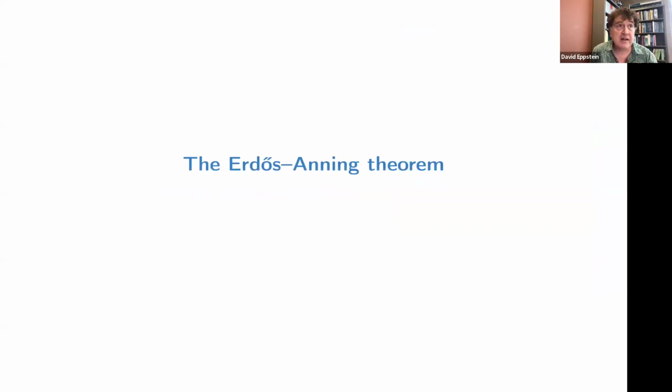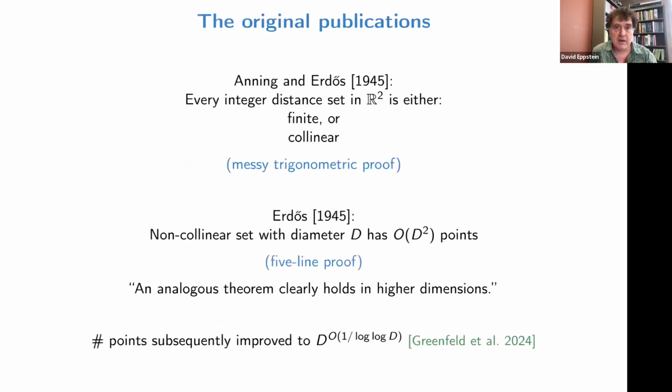Is it possible to get infinitely many points with integer distances that are not all on a line? The answer is no. Anning and Erdős proved in 1945 that if you have a set of points in the Euclidean plane with integer distances, then either it's all on a line, the set we started with, the integers on the real line, or it's finite. Those are the only things that can happen. I've looked at their proof. It's not that enlightening, but